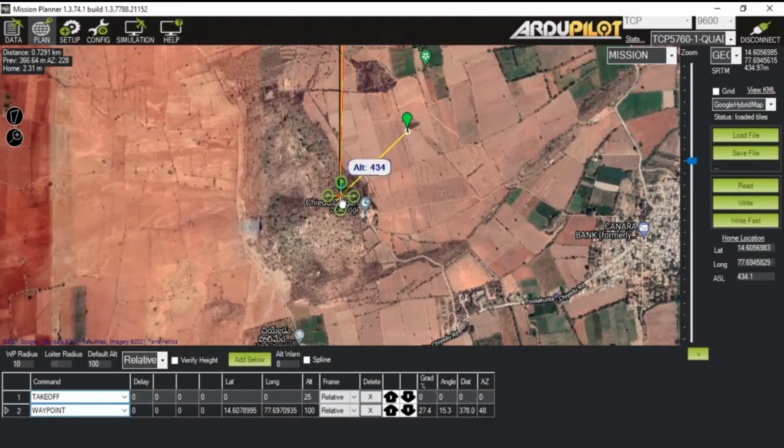So that means it will take off and reach the 25 meter altitude, right? After reaching the 25 meter altitude, it will start moving and climbing towards waypoint 2. It will climb and reach the altitude of 100 meter, and that is the starting point of your mission, and then it will fly the mission.